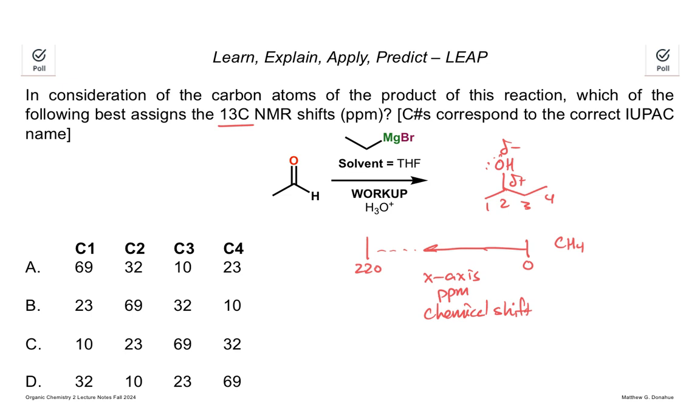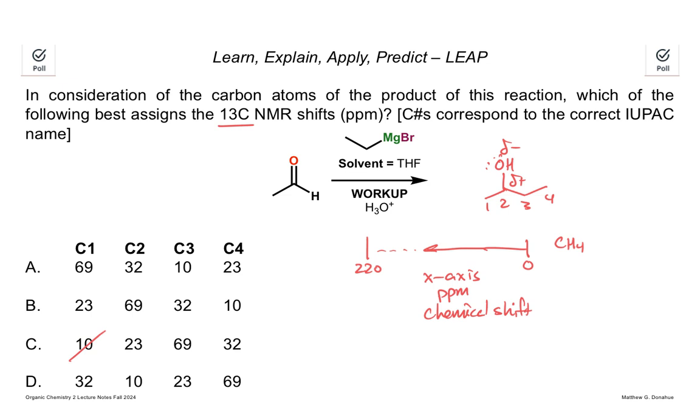And so based on that, we can definitely eliminate C. You have these B and D, those numbers are sort of close. But when we scan the answers, the chemical shift of 69 parts per million is the furthest away from,